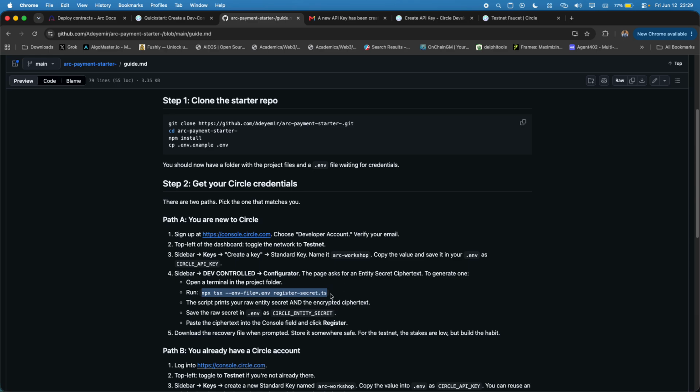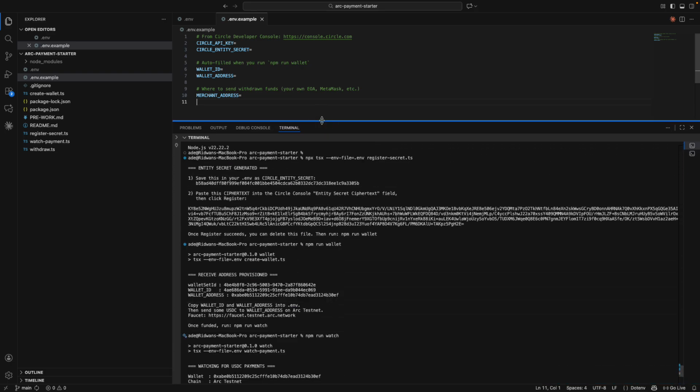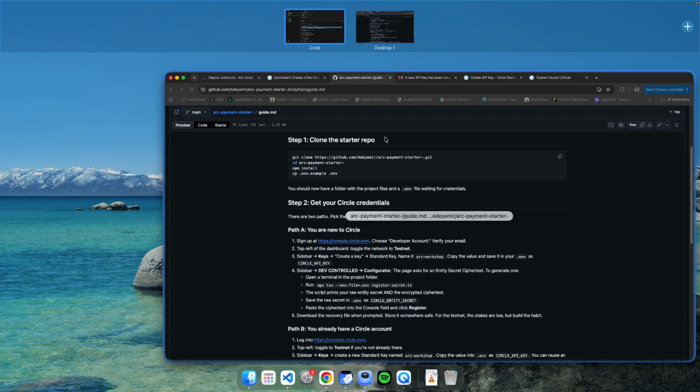Once you run this command, you're going to get something like this: an entity secret key in ciphertext, which is this long. You copy this and paste it in